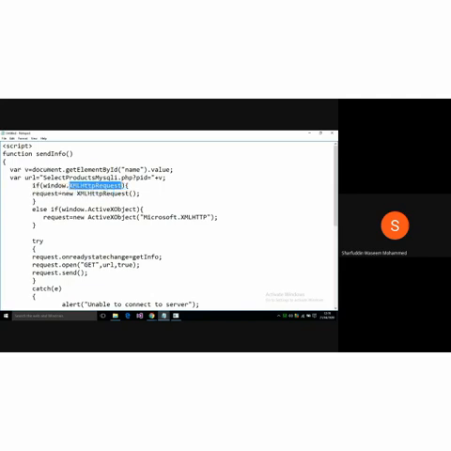I am checking whether your window type belongs to either Chrome, or Internet Explorer, or Mozilla Firefox, or what type of browser you are using. Depending on that, we are creating an object. That object is new XMLHttpRequest. If you are using Chrome, then it goes for new XMLHttpRequest. If you are using Internet Explorer, then it will create a new ActiveXObject with Microsoft and so on. So now we got an object called a request object.